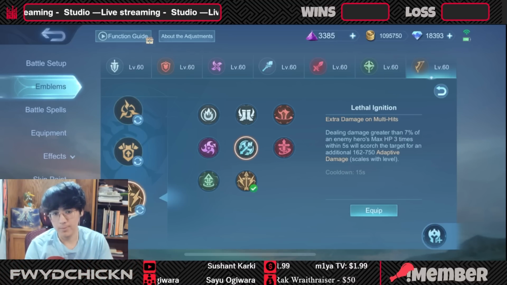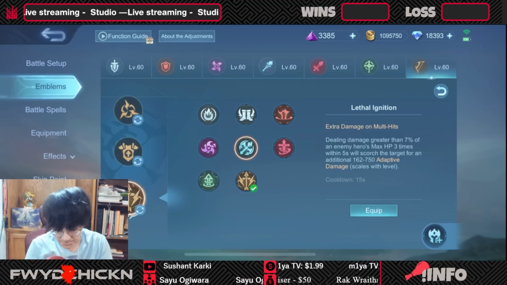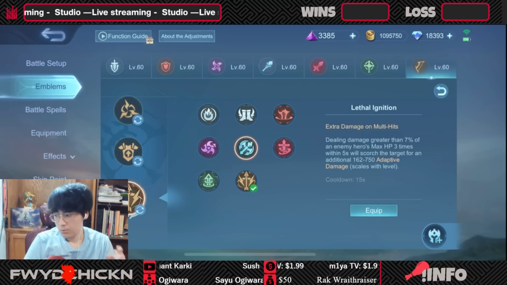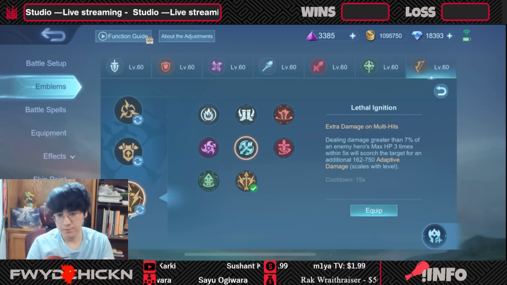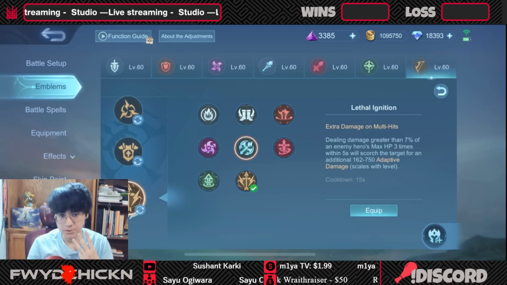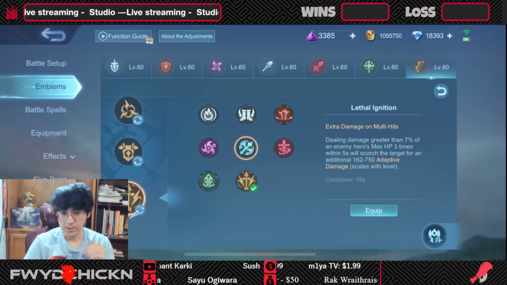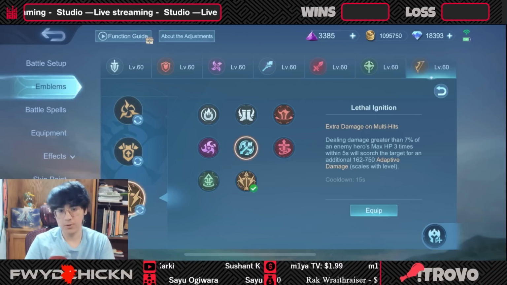Now, something that people don't know about Lethal Ignition is that if you read closely, it has to be enemy heroes' max HP 3 times within 5 seconds. What that means is not with any damage within 5 seconds. That means 3 individual hits within 5 seconds will actually proc it. What that means is if you're playing a mage like Valentina, for example, you will never proc Lethal Ignition until